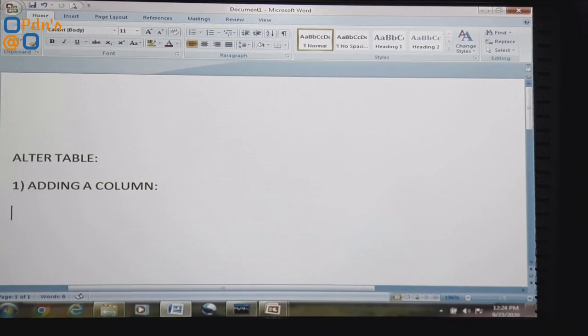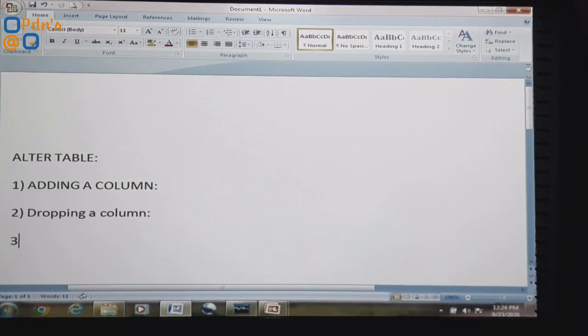Similarly, if there is a need for dropping a column, then also we may go ahead with the alter table command.